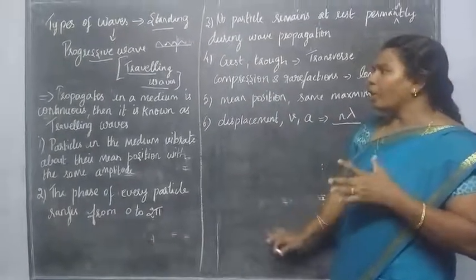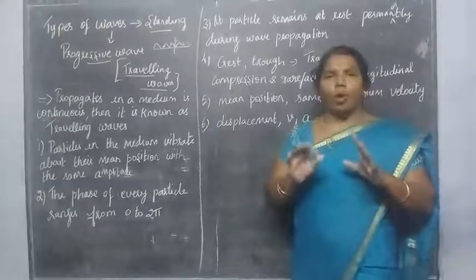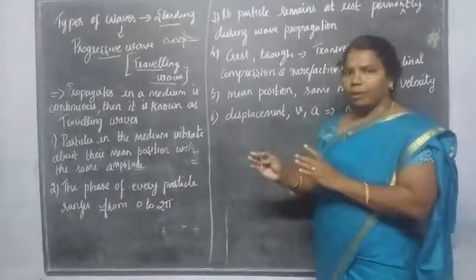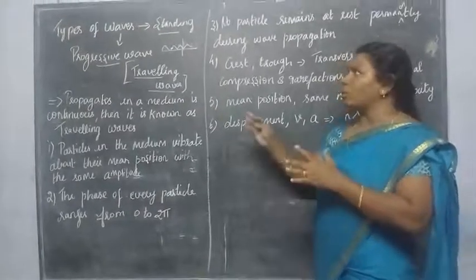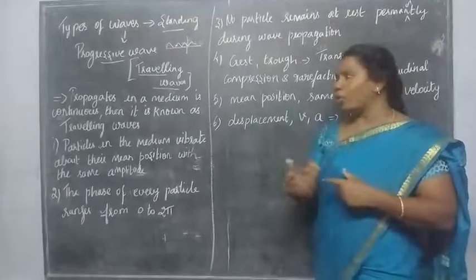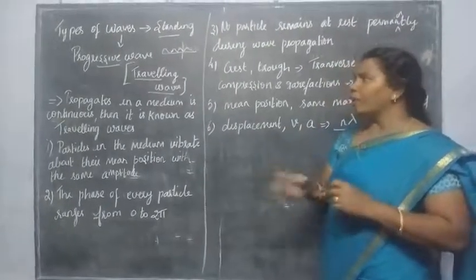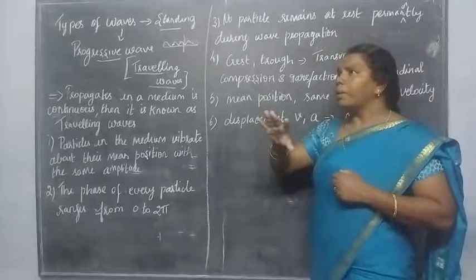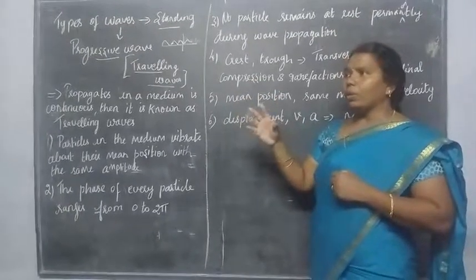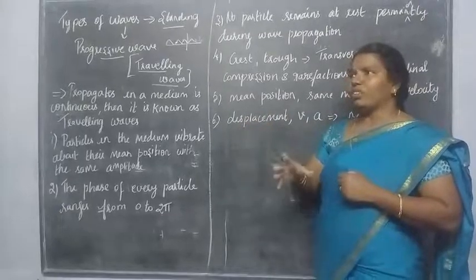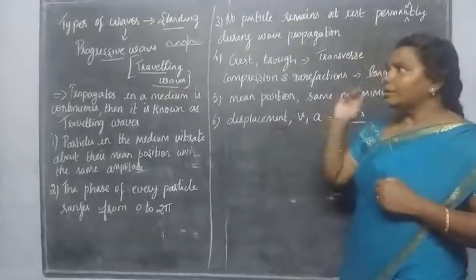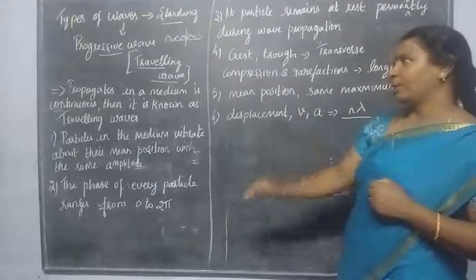Okay. Now we are going to see some properties, because already you know what a wave is and what the characteristics of a wave are. Similarly, you have to know the progressive waves, and after that it is easy for you to go on to another topic. So before that you have to learn the basic terms: what is amplitude, what is wavelength, what is frequency, what is time period, what is phase, acceleration, velocity. These are the important basic terms in waves.